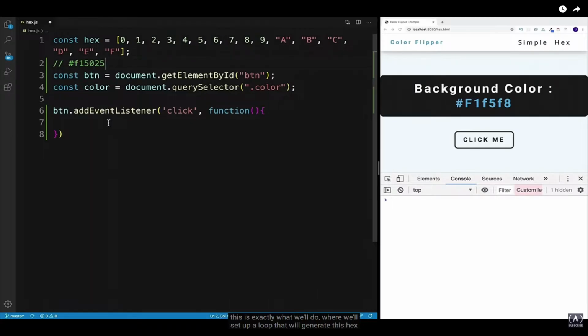And this is exactly what we'll do, where we'll set up a loop that will generate this hex color on the fly. And then, of course, again, we'll target the body, change the color for the background of the body, and then also add the value within the color span. And within the function body, let's start creating a hex value. And I'll start by setting it equal to